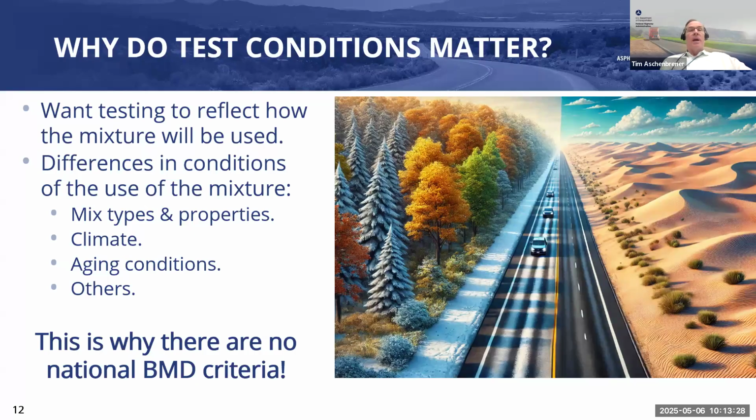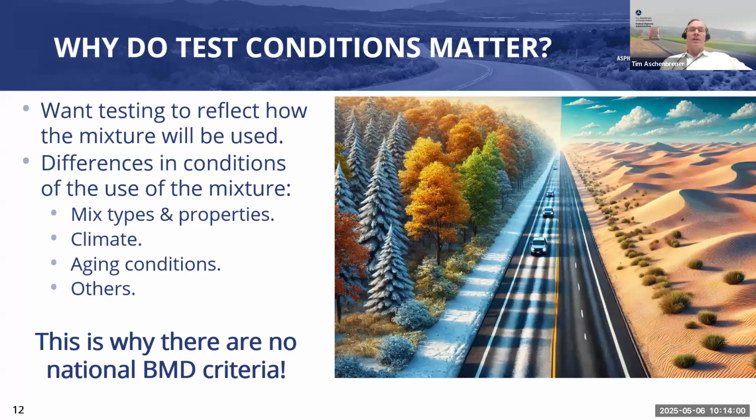The climate, in the graphic, you can see we have different climates around the country, from wet freeze all the way to desert areas. I'm from Colorado, and we'll have all of those areas in our state. We'll have contiguous roads at 10,000 feet that we have to pave, but then we have high desert areas, and